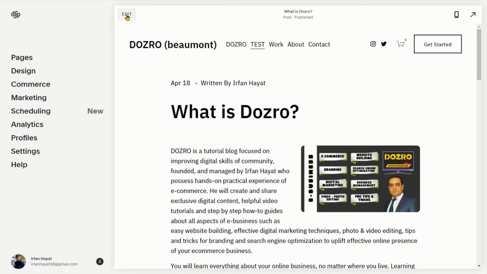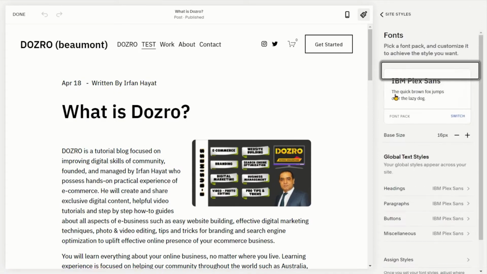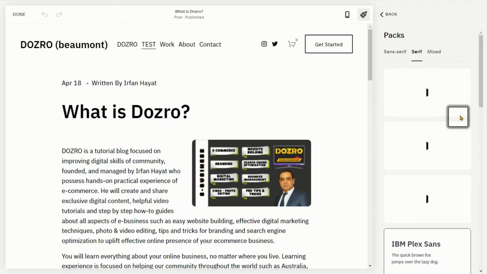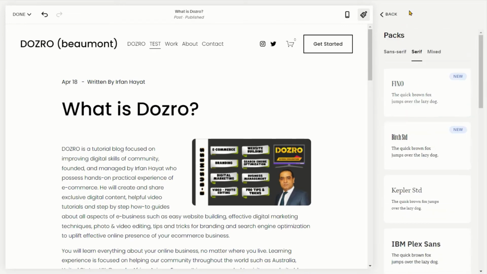In this video, you will quickly learn how to change fonts in your Squarespace website. Next to font pack, click switch button. Select any font pack you like. You can click this video to learn more about font packs and the difference between serif and sans serif fonts